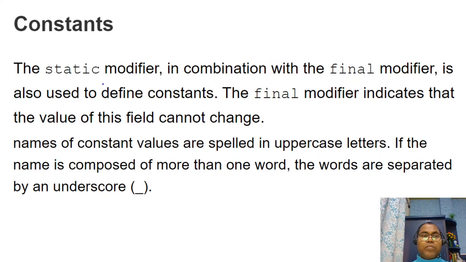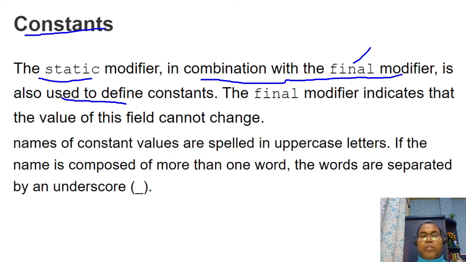And sometimes the static keyword is used to declare a constant. As discussed, sometimes you want to create a constant variable. The general approach is to use the static keyword in combination with a final variable. Constant means that it cannot be changed or modified. So generally use static in combination with final to define your constant.